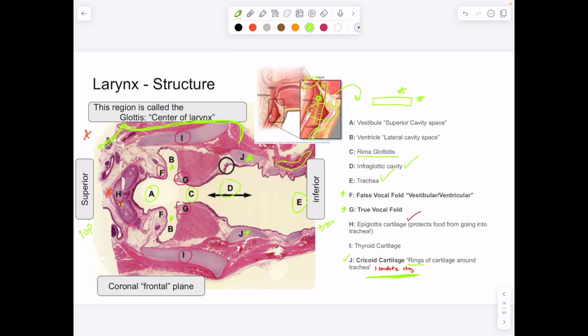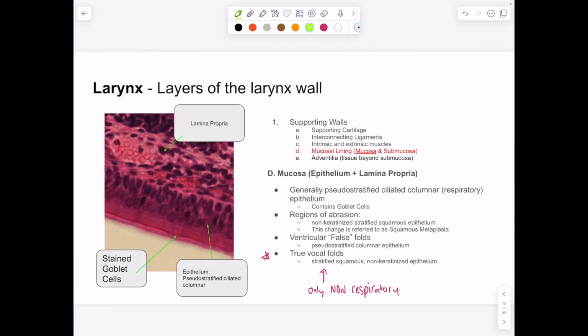Do we need to know this? No. Then we're going to deal with the wall of the trachea overall. All right, so the wall of the larynx. Larynx is what we're focused on. Trachea is next. All right, so the layers of the wall of the larynx, we have supporting cartilage as the